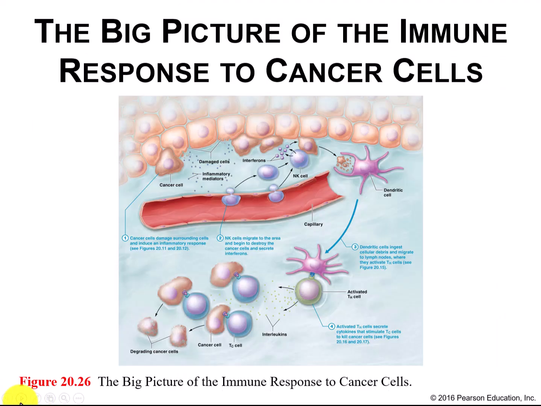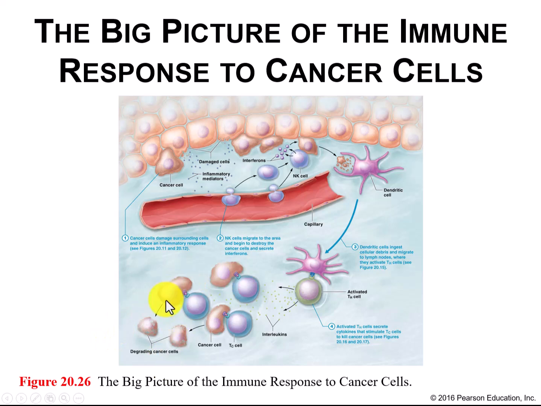Cancer. Cancer is a mutation from within, so it is endogenous. Natural killer cells usually are the first to the scene, the innate response, releasing interferons, targeting the cells to be destroyed by our dendritic cells and our natural killer cells, presented by the dendritic cells to the T helper cells, which release cytokines, remember interleukin 2 in particular, to activate our cytotoxic T cells,